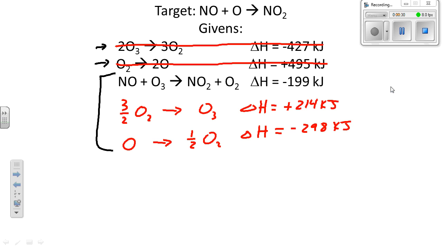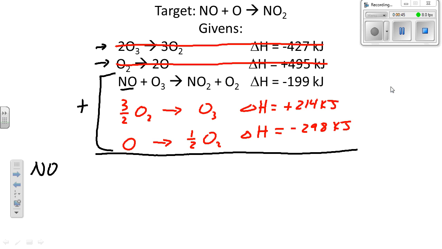And I think we're to where we want to be, but we can check that by adding these all together. We're just going to add together all 3 of these equations, and it's going to look like this then. Let's see, we're going to take NO. I'm going to start clear over here because I'm going to have a lot to write, I think. Plus O3 plus 3 halves O2 plus this one, O. That should be everything on the reactant side. Yields NO2